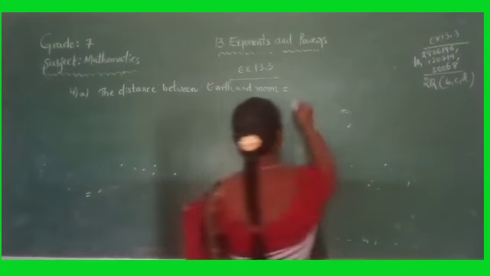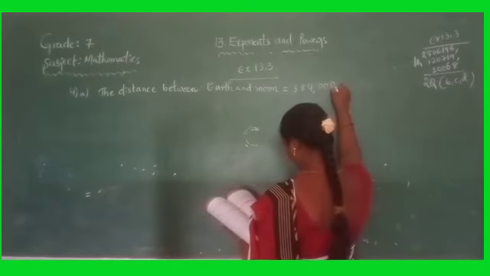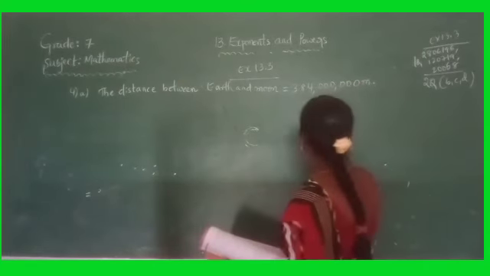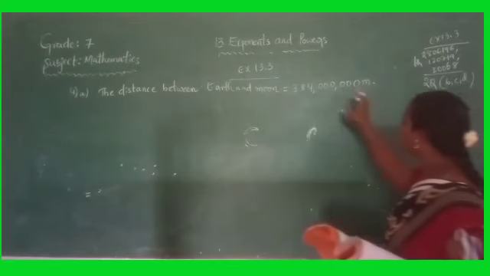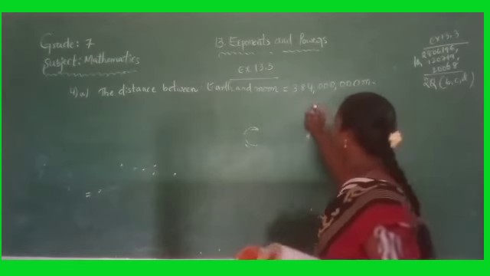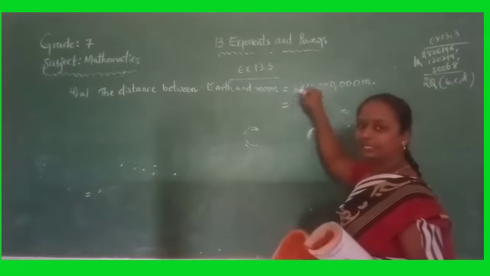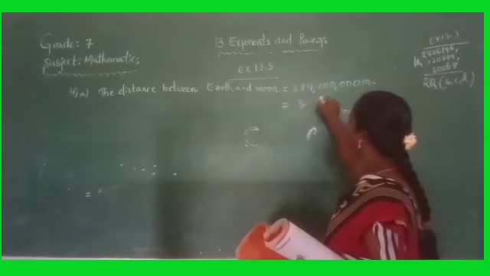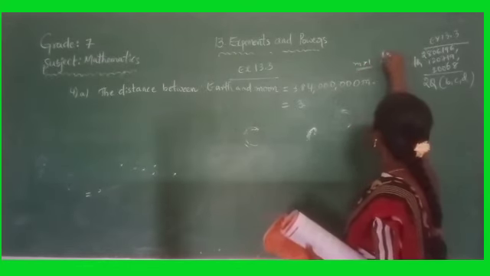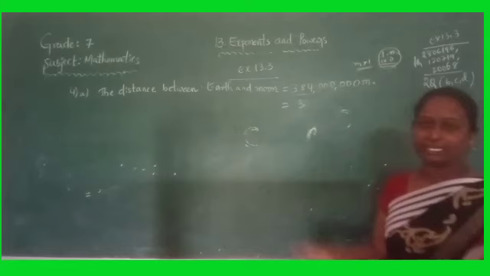Here the number is 384000000 meters. So how to express this number in standard form? Compulsorily there must be a decimal point, and it is multiplied by a power of 10. Okay, so there is no decimal point, so we have to keep it here after the 3. The leading number should be greater than or equal to 1 and less than 10, and the power of 10 should be there.